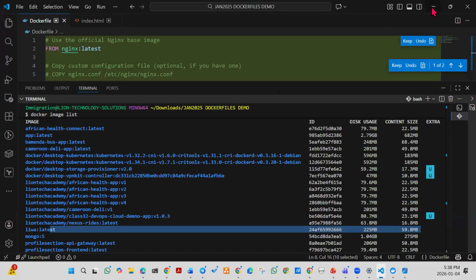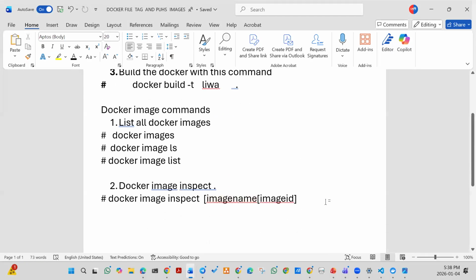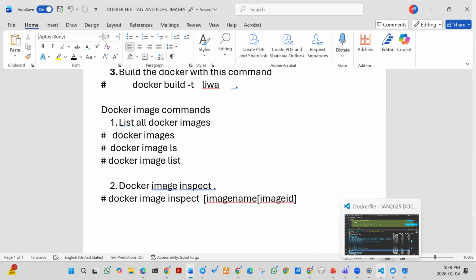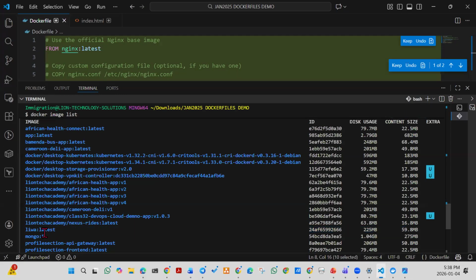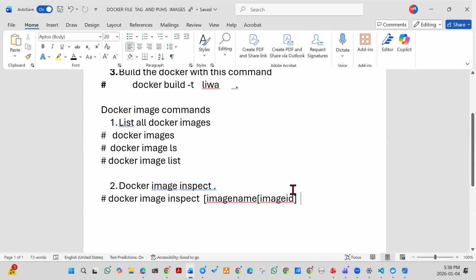So in this case, let's go back here and copy that. We can copy this here, Liwa. We can do docker image inspect Liwa. Okay, if you run this command,